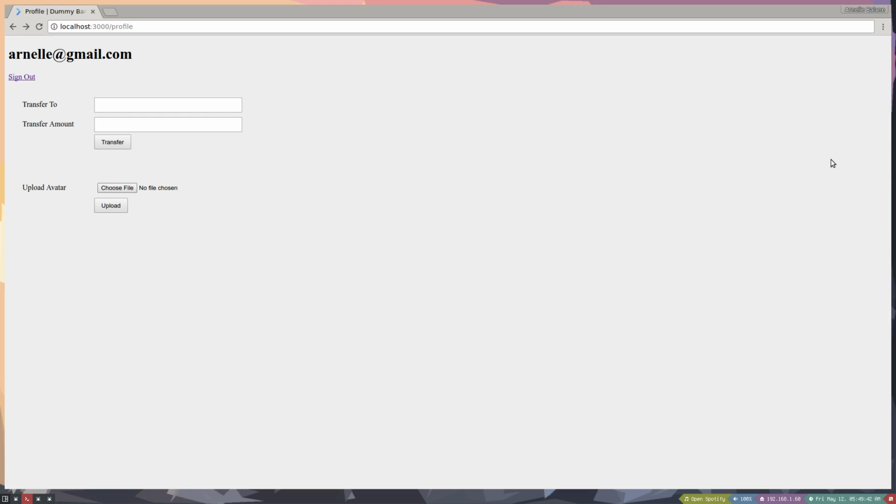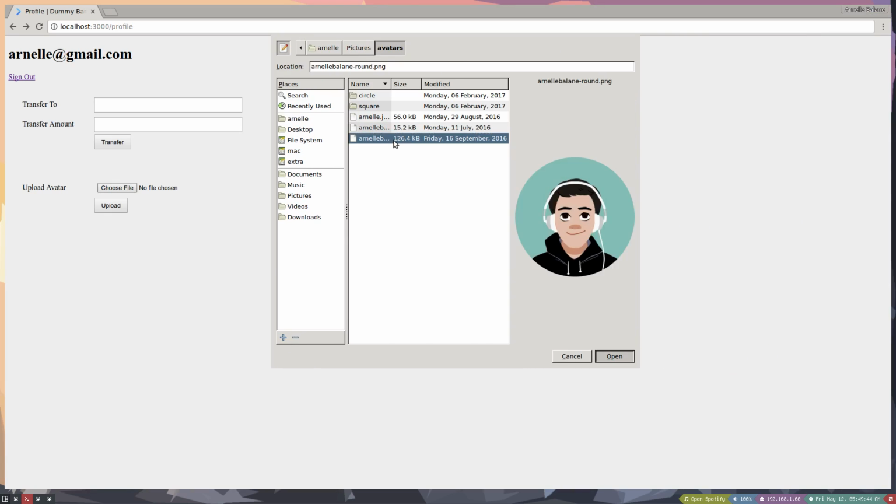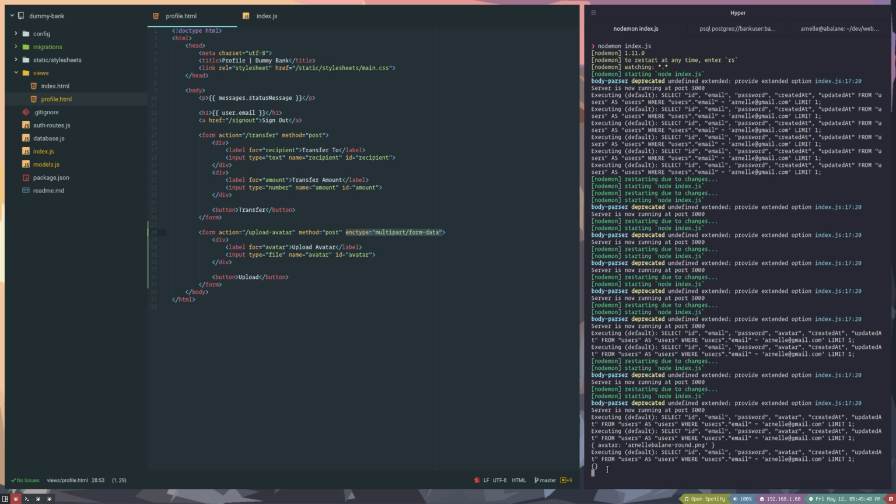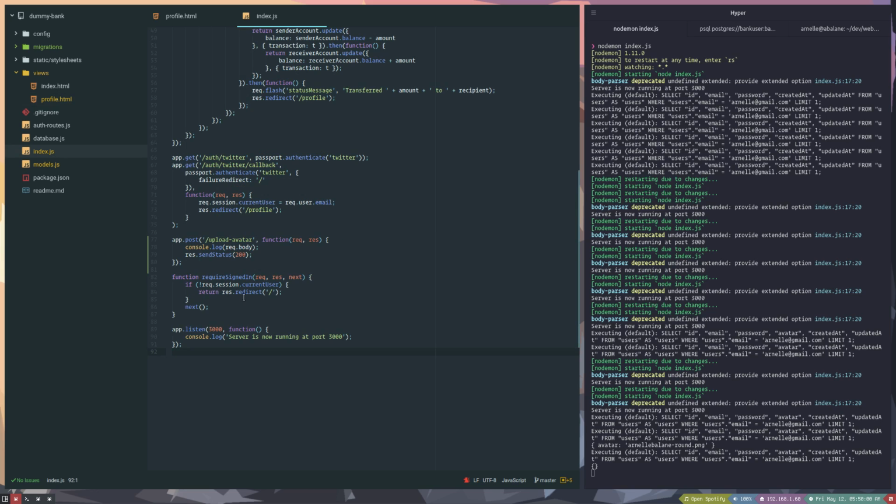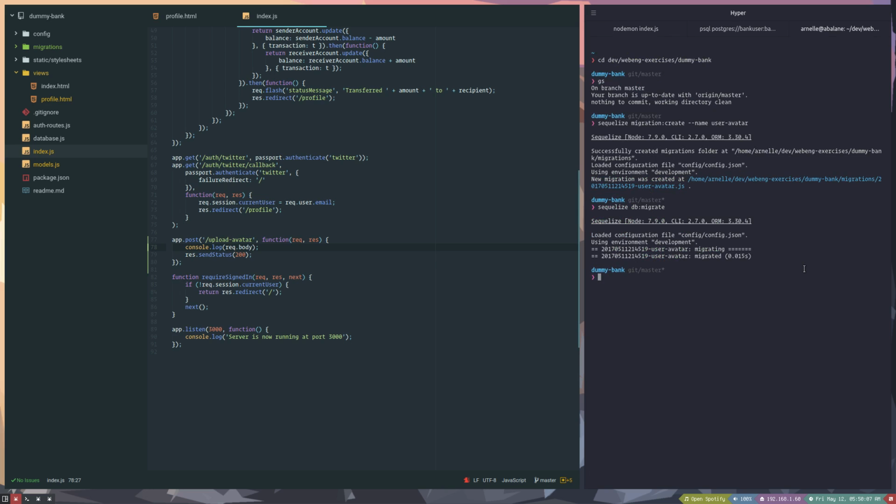So I'm going to choose the file and upload. It's still the same, but in the server we're not seeing the avatar anymore. That's because it's being encoded differently, so it's not being parsed by the parser. So what we can do is to use